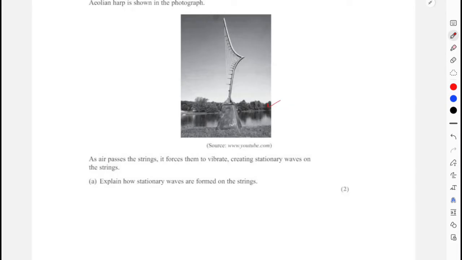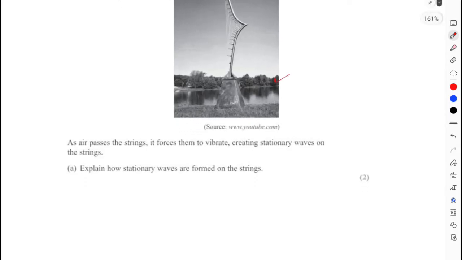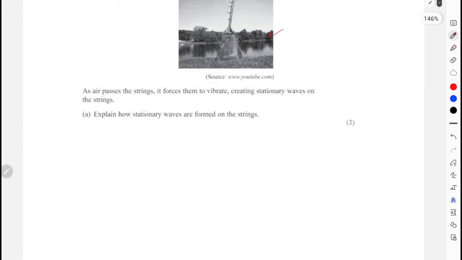Now this is not related to anything specific with this harp. This is an entirely repeated, memorizing theoretical question for Unit 2. They want you to describe how stationary waves are formed, and they're going to give you 2 marks for this. This is a very common repeated question in most of the papers. So I'll just write RQ over here, and the answer should be,